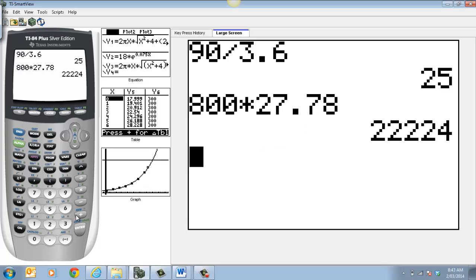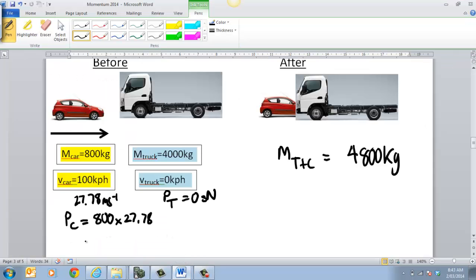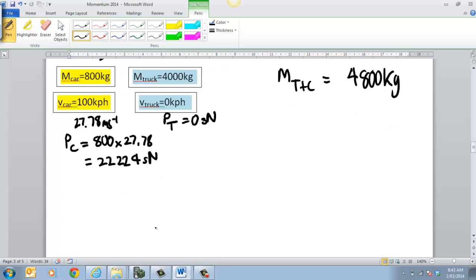That gives me 22,224. We already knew that. So the momentum is equal to 22,224 kg·m/s. In other words, my initial momentum, Pi, is equal to the momentum of the car plus the momentum of the truck, and that's going to be equal to 22,224 kg·m/s. Now what we know is, by conservation, I have to state this,